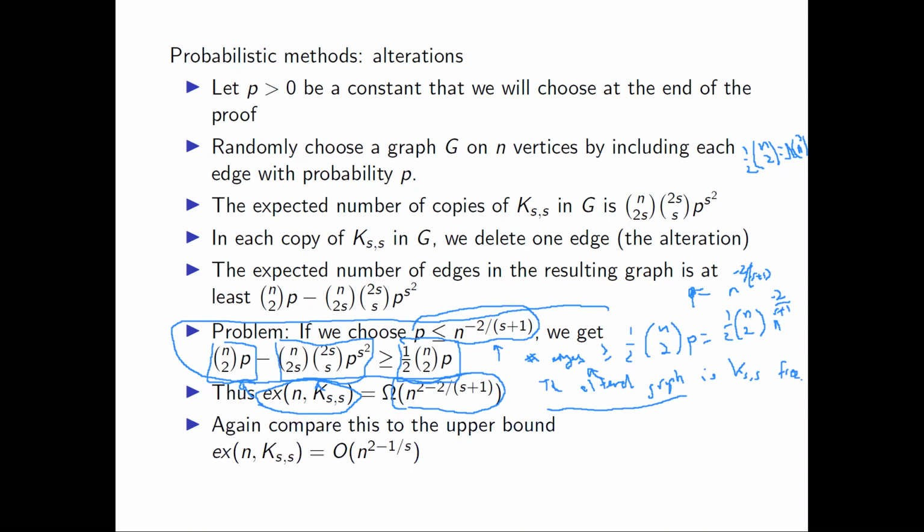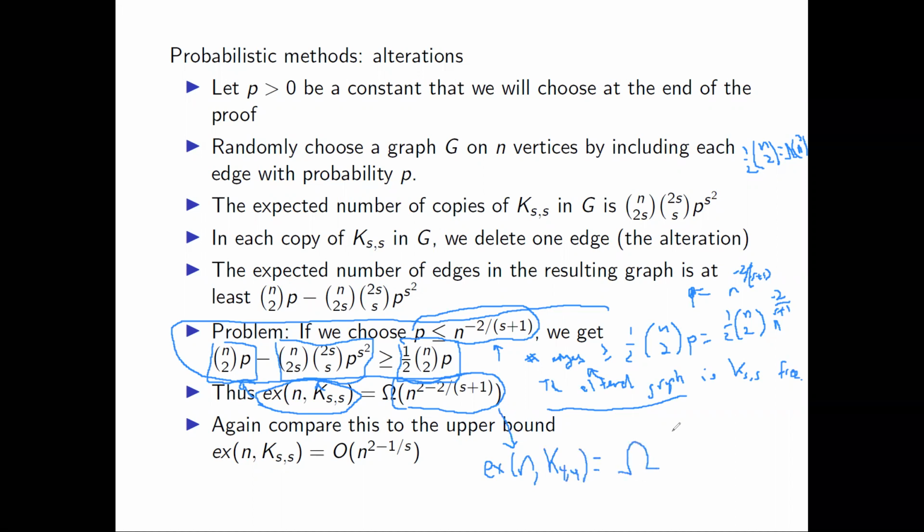So you can see for s greater than or equal to 4, these are the best bounds that are known, and they're far apart. For s equals 4, there's actually a better bound that's known than this. So when s equals 4, the lower bound that we get here gives us ex of n, K_{4,4}